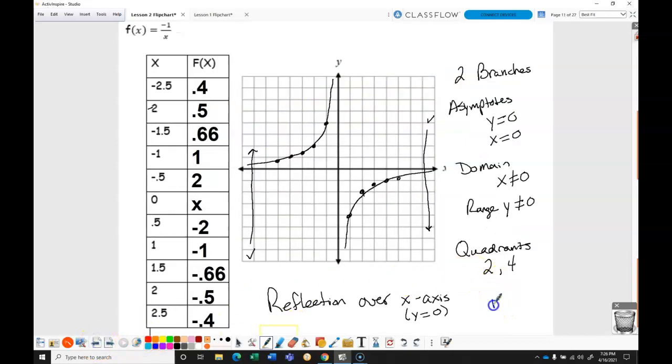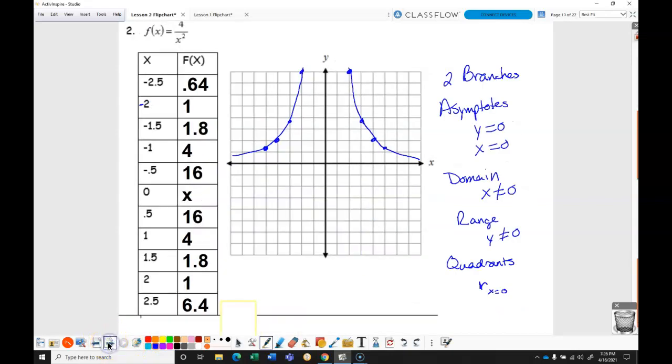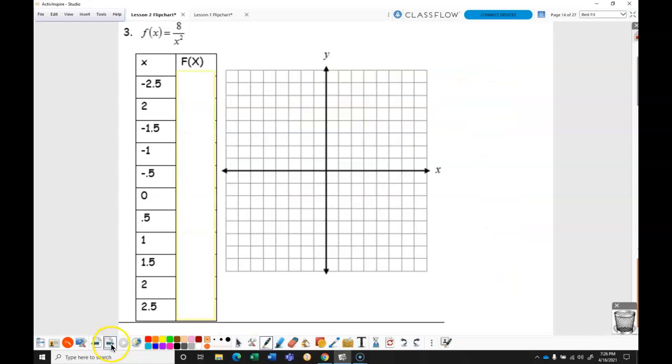This one had rotational symmetry of 180 degrees. Now remember, we had some questions that had to deal with rotation and reflection symmetry, and that helped us answer the question as to whether something was even or odd. It still applies here. Okay, we're going to have to answer that question again. All right, so next up,